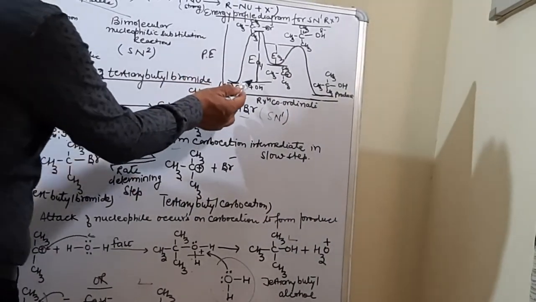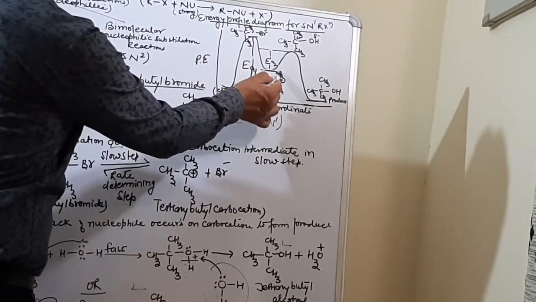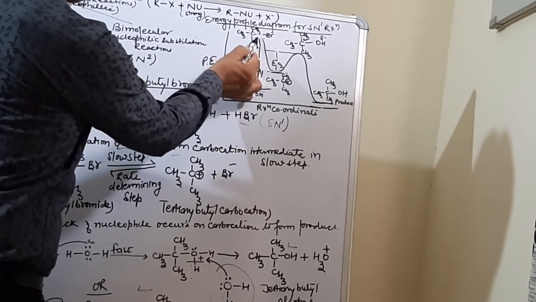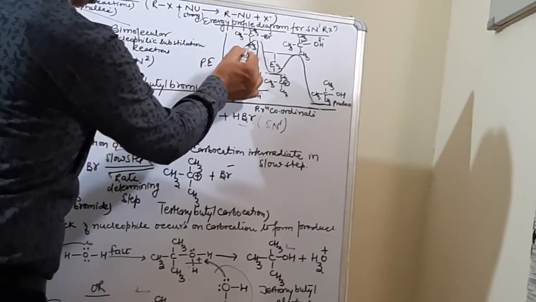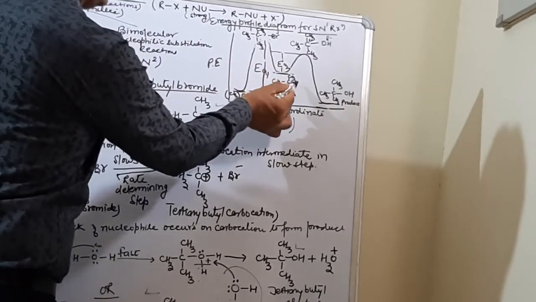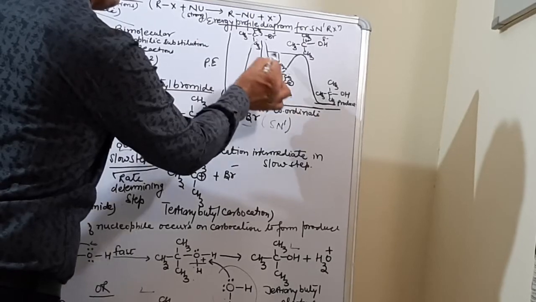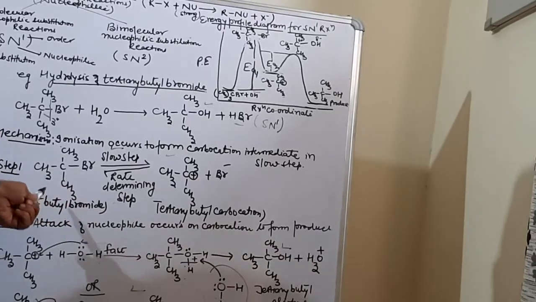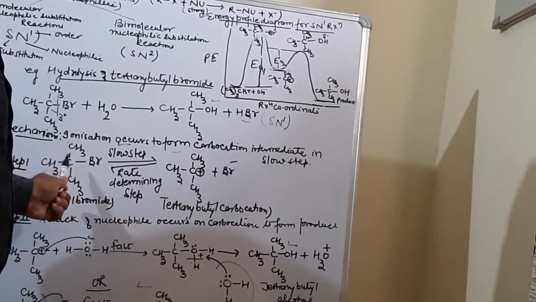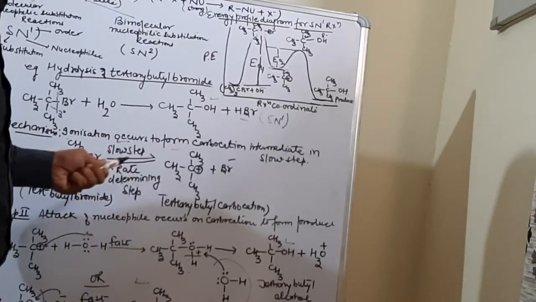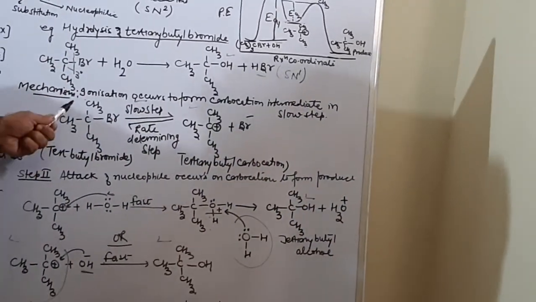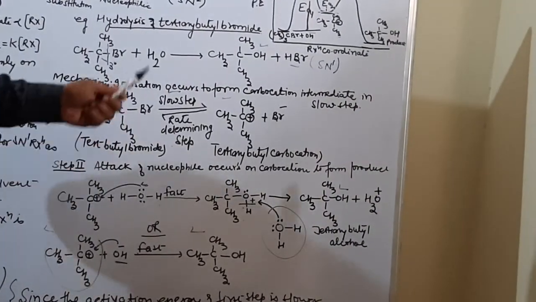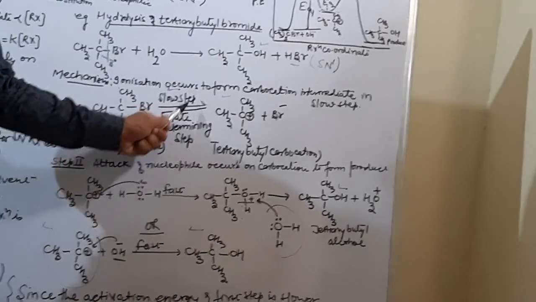So when it results in the formation of an intermediate carbocation over here, see over here, the activation energy barrier is high. It means since the activation energy barrier in this case is high, it will take a longer time for the reactant to get converted into the carbocation intermediate, and hence this step is the slow step. And on the slow step, the rate of a reaction depends. That is why I say that the step in which the carbocation is formed is the rate determining step, and in that step only the substrate tertiary butyl bromide is used, so it will be an SN1 type of reaction.